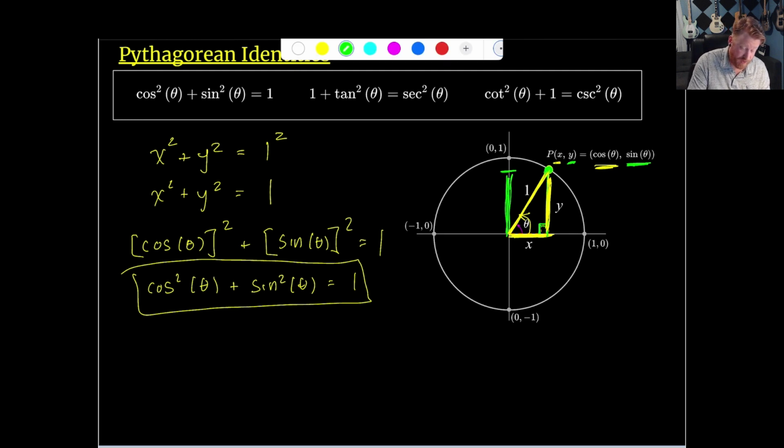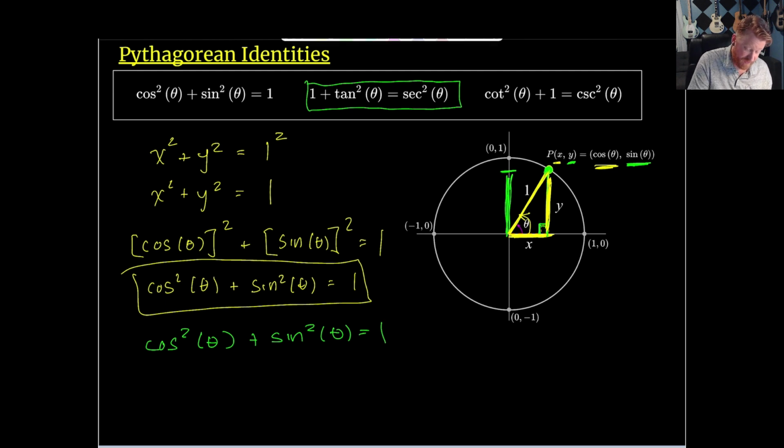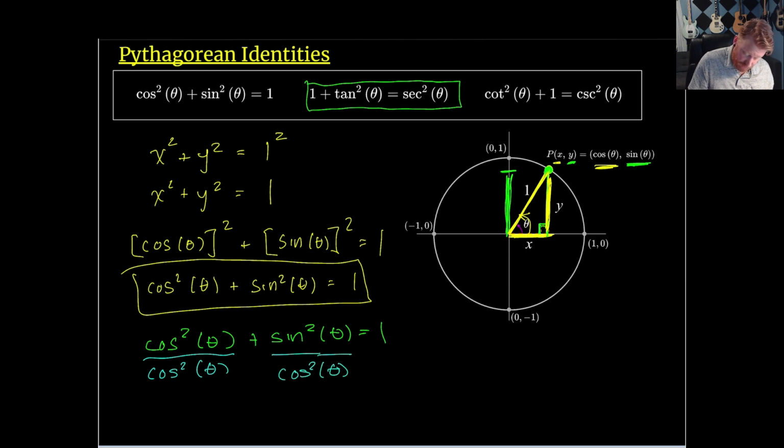So if I want to show that 1 plus the tangent squared theta is equal to the secant squared theta, what we can do is just start with the one that we already know is true, cosine squared theta plus sine squared theta is equal to 1. And we can go through and divide by whatever we want. I have to think carefully about the one that I want. If we divide both sides by cosine squared theta,